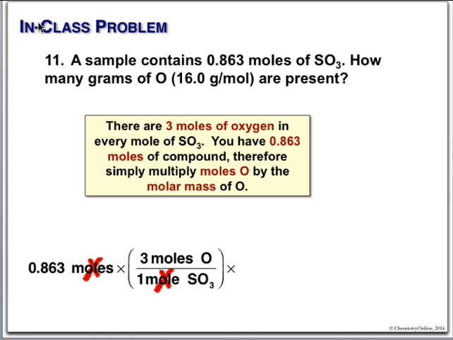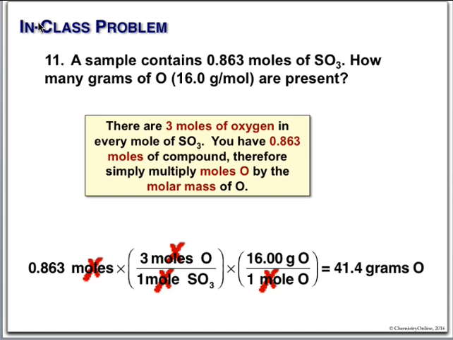So we simply put that in. This set of moles is also going to cancel, and all we're left with is grams of oxygen. So the math is fairly straightforward. 0.863 times 3 times 16. And the answer is 41.4